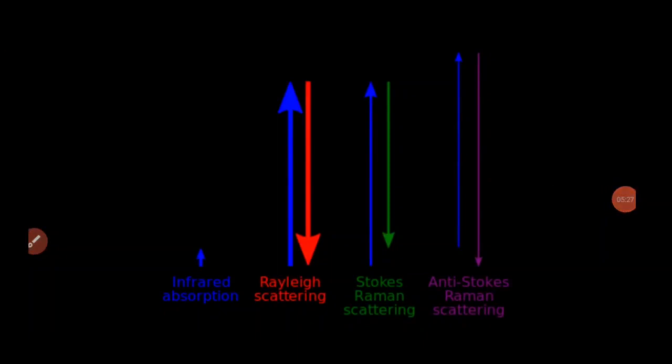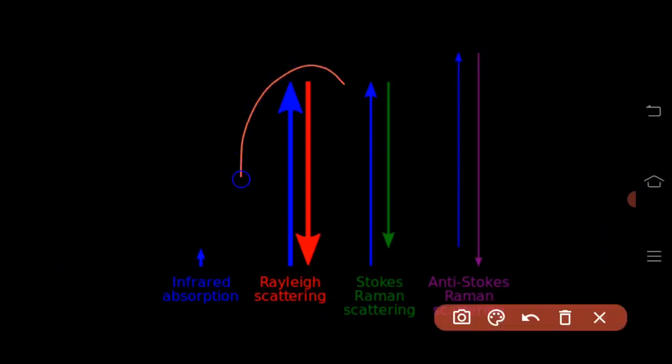Let me once again recall the concept. Raman scattering is when the scattered light contains some additional frequency or wavelength other than the incident frequency or wavelength; that is known as Raman scattering or Raman effect. So here in the first picture, there is no additional frequency or wavelength contained because the scattered light is equal to the incident light. That is known as Rayleigh scattering.